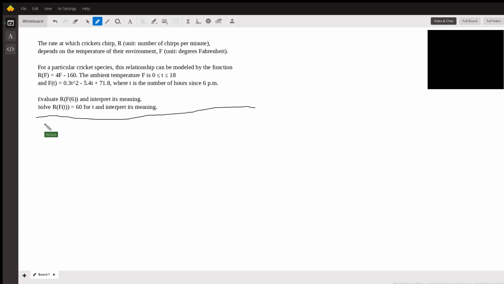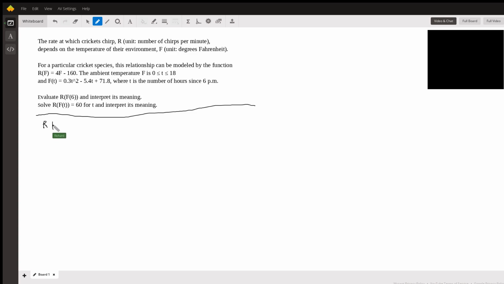So let's start with R of f of 6, and we're going to interpret this in the same way that we would evaluate it. F of 6 is the temperature when T is 6, which would be midnight, okay, because it's 6 hours beyond 6 p.m. So the time is midnight, and R would be the rate at which the crickets are chirping at midnight,